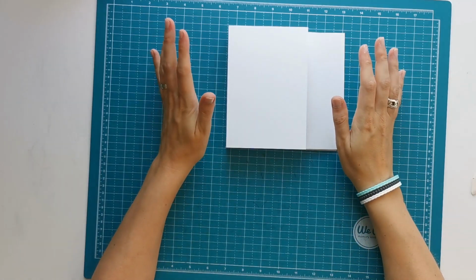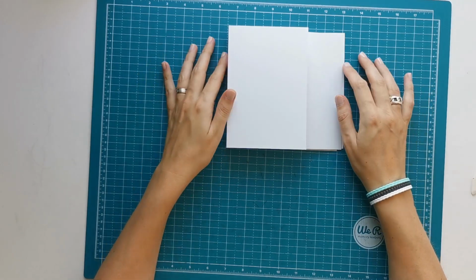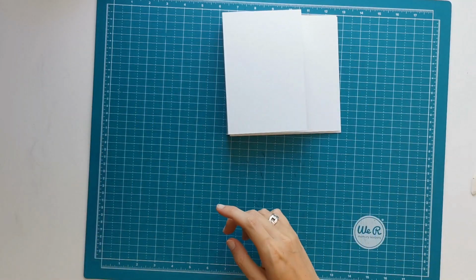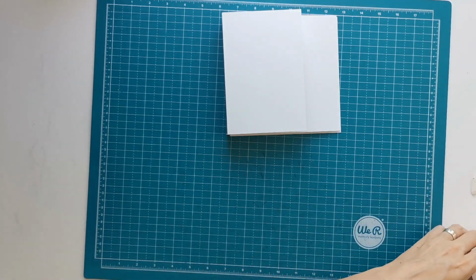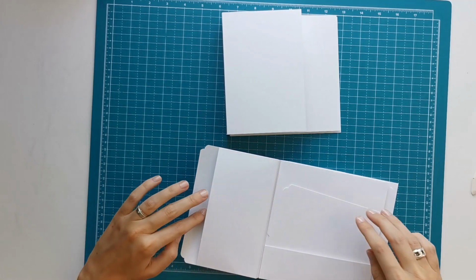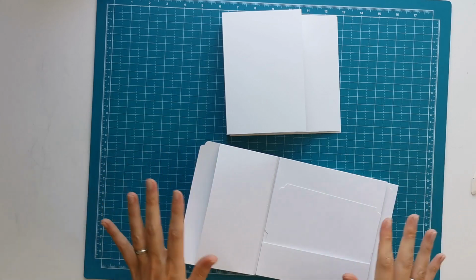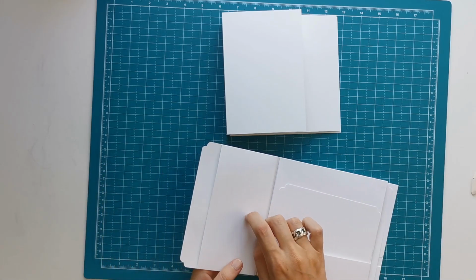So now we are going to make our add-ons, and I don't have my cutting guide with me, but I think I can do this from the top of my mind. I also have that other one that I can use to see what I've done with the measurements. So I've made on 2 of the half pages, I've made a side pocket here. You could do that on all 3 half pages. You can play around with it and make it however you want. But I'm going to make 2 of these, so